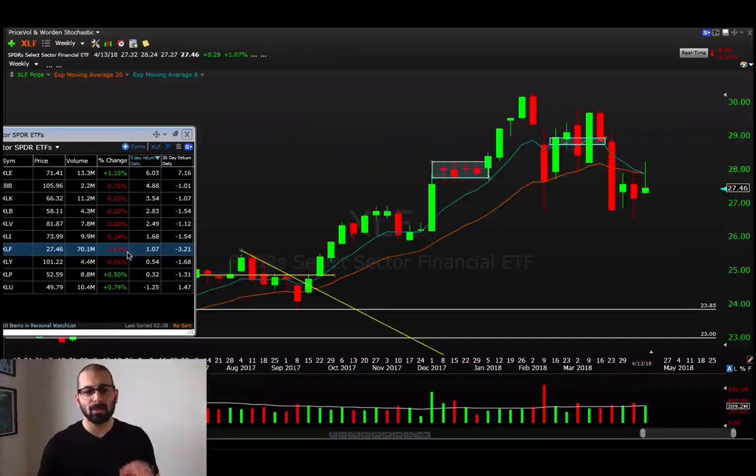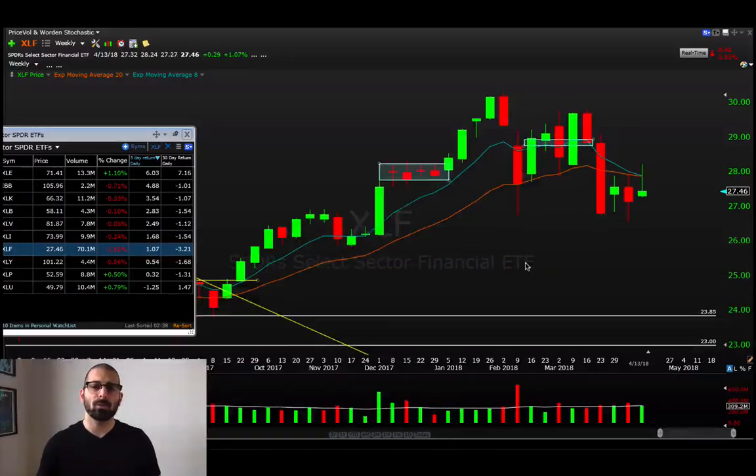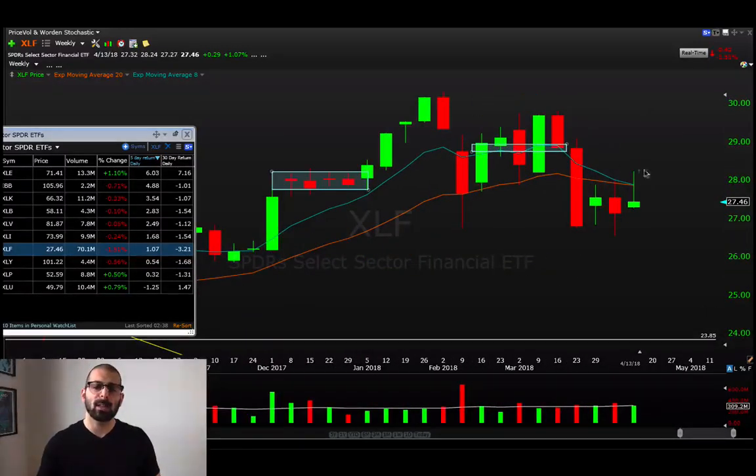And financials was number 4, the bottom 4 weakest here. You can see it did still finish positive on the week, but just look at the size of that tail on the top end here. It's again going to need some confirmation. If we're going to see a bearish rollover here, we'd have to start taking out these lows around 27.20 or so. For my sake, because I am short financials,